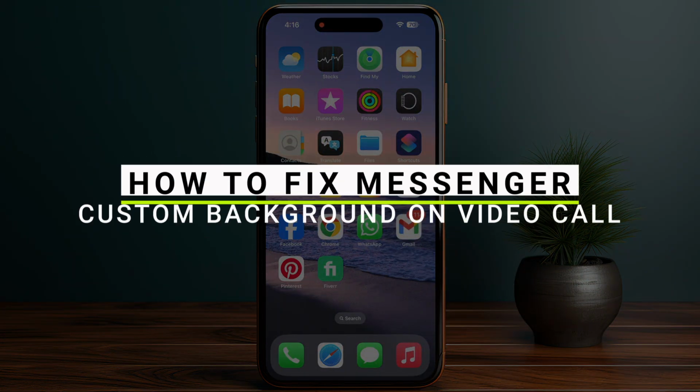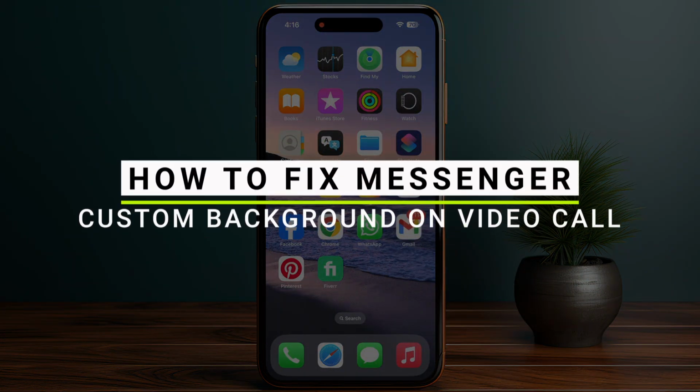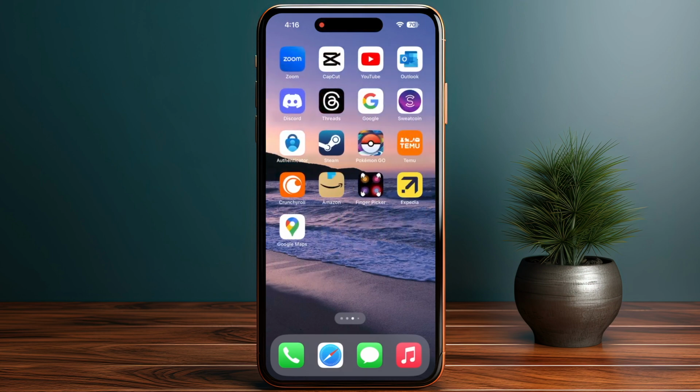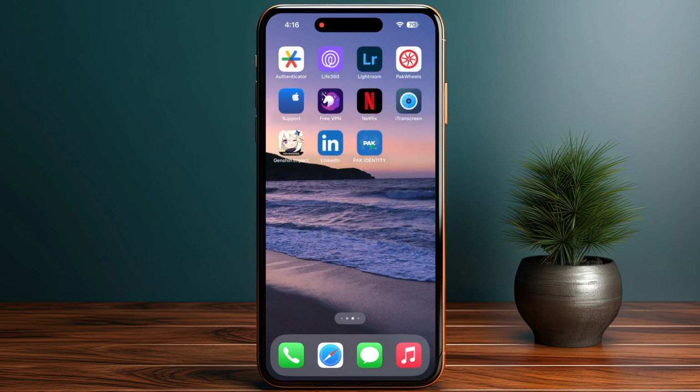How to fix the Messenger custom background on the video call is not working. So let's get started. So first of all, you have to make sure that you are using the latest version